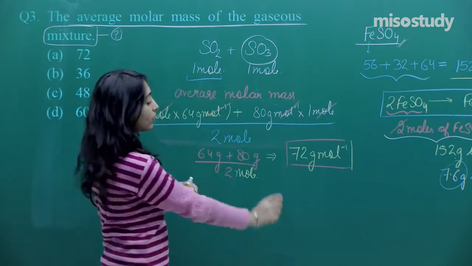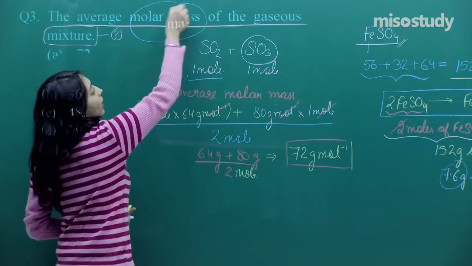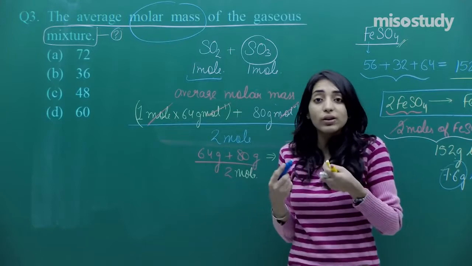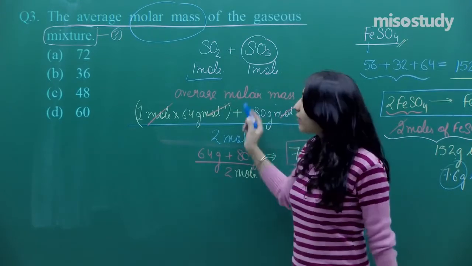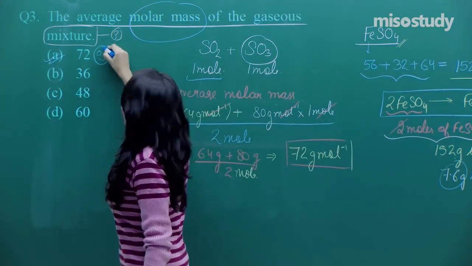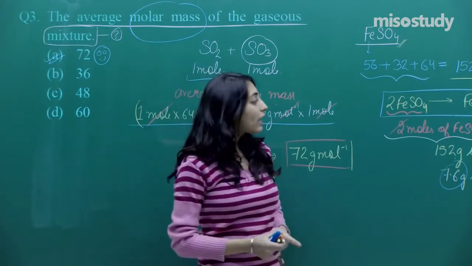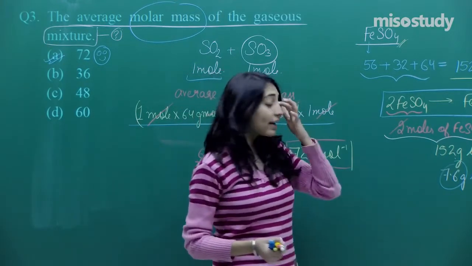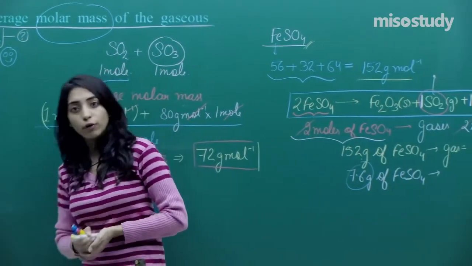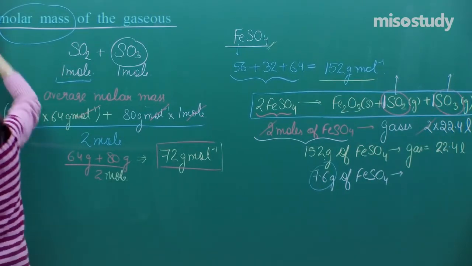Now see, the units we are getting are quite good because we have to find the average molar mass. Finally, I am finding out the molar mass only, right? And the molar mass has the units gram per mole only. Cool enough? Let's see if we can get the answer. Oh yeah, that's nice. So option number A is the correct option for question number 3. So guys, now you can note down everything on this side as well as on the left hand side, whatever you want, so that we can now proceed on to question number 4. We are done with question number 3.